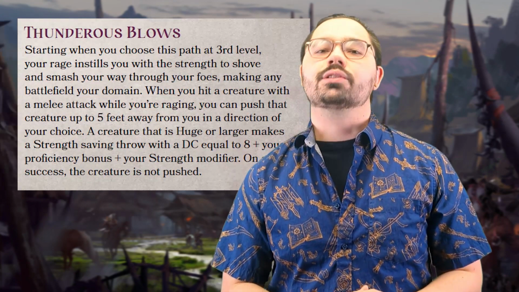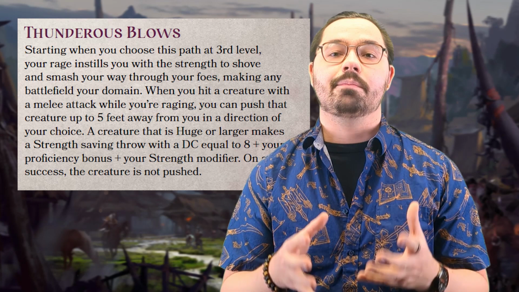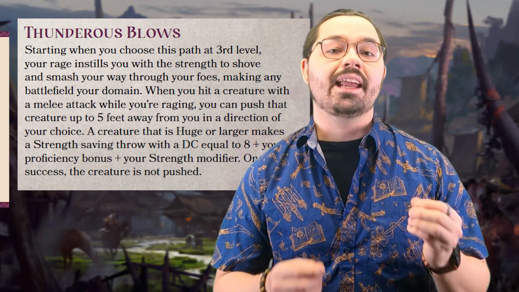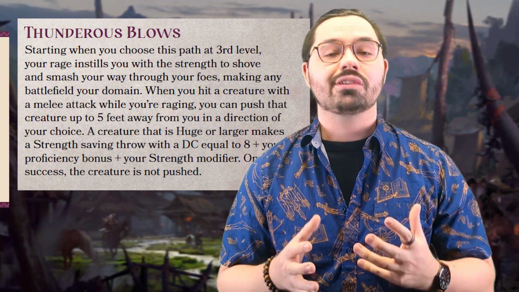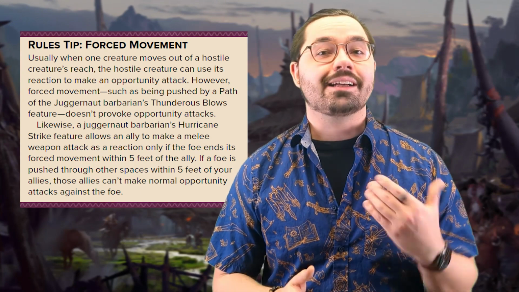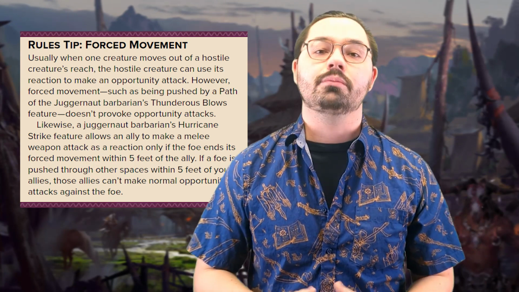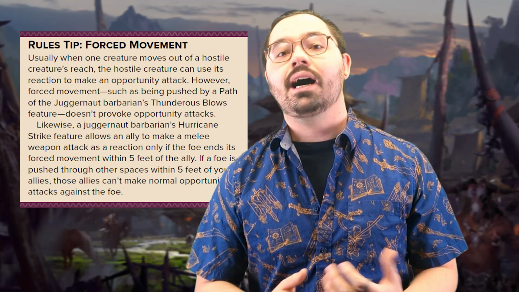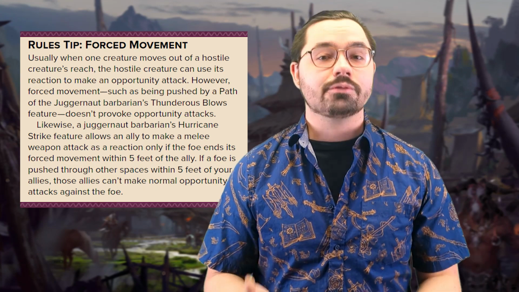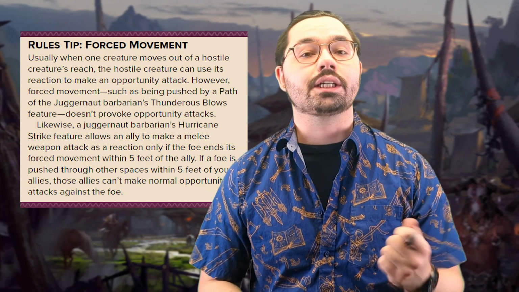Something extremely important to note, however, is that even though you can prompt the force movement on an opportunity attack that you are already making, the force movement that this ability causes, once again, does not prompt opportunity attacks in and of itself. This is something that they make clear in the book that I actually really appreciate. The book states, usually when one creature moves out of a hostile creature's reach, the hostile creature can make its reaction to make an opportunity attack. However, the forced movement, such as being pushed by the Path of the Juggernaut Barbarian's Thunderous Blows feature, doesn't provoke